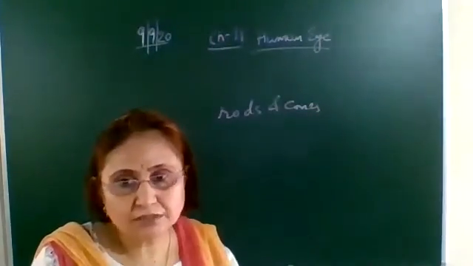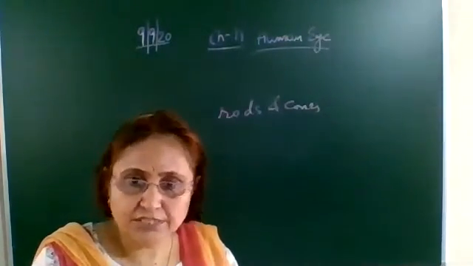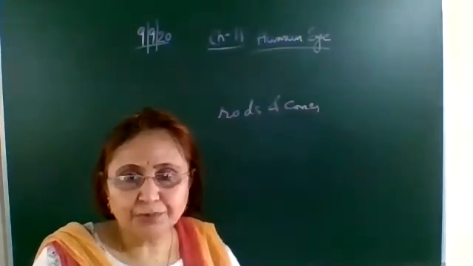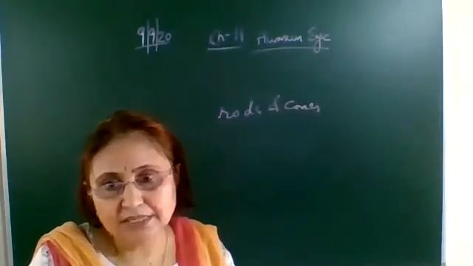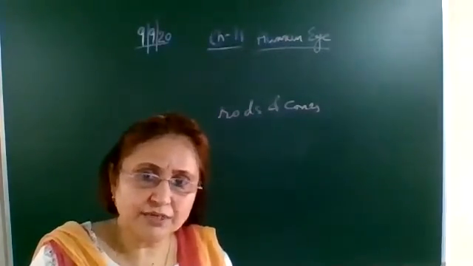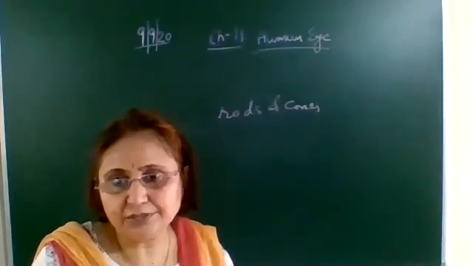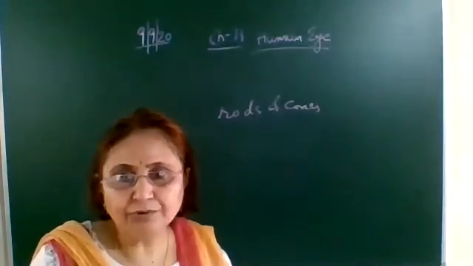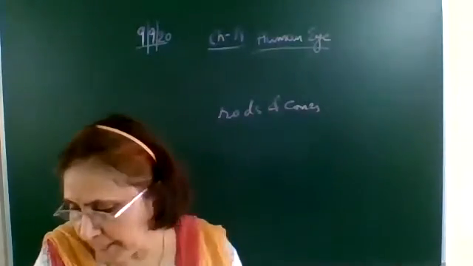Then there are a few more parts. Just behind the cornea is the iris, which has a hole in its center. This hole is called the pupil, and the iris is controlling the size of the pupil, and the pupil controls the amount of light entering into the eye. Then is the retina, where the image is formed. It consists of some light sensitive cells called rods and cones. When the light falls on it, they get activated and convert the light signal into the electrical signal. These electrical signals go to the brain with the help of optic nerves. The brain interprets and then you are able to see that object. Is that clear?